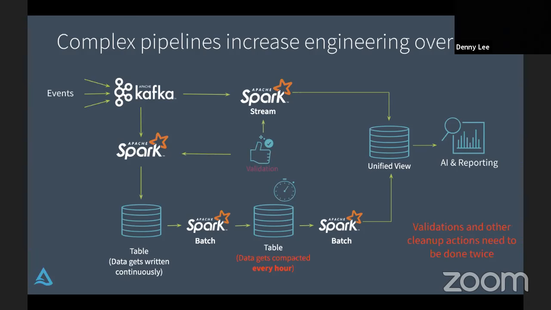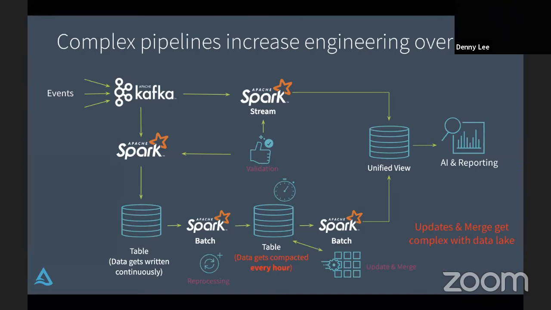Okay, so now the problem with that particular option is that you're going to actually have to have a validation check that checks the data that goes through the upper streaming to the top left streaming, so that way we can make sure the batch data and the streaming data actually have the same values. Otherwise, your unified view will actually result in reconciliation problems. Okay, and then if you need to fix mistakes, well, the validation takes care of the streaming data, but you need to go ahead and reprocess the data that gets written to the batch on the bottom left, and so forth and so forth. Okay, so this becomes really, really complicated.